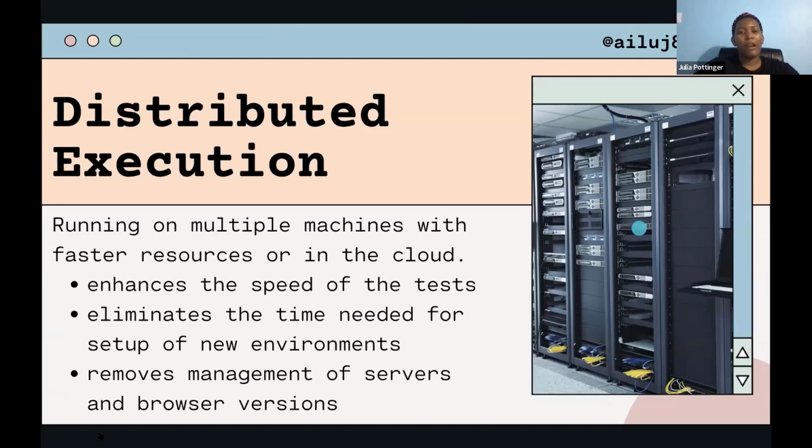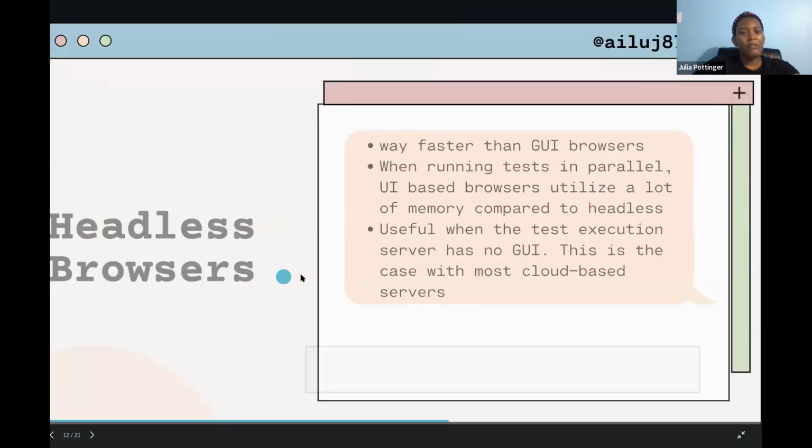Overall, parallel and distributed execution is going to help you speed up your test, and distributed execution will help you eliminate the need to set up those new environments locally. If you have ever run your test in a CI pipeline, that is a continuous integration pipeline, that could be GitHub Actions, Bitbucket, Jenkins, Travis CI, etc., then there is a very high probability that your UI tests are being